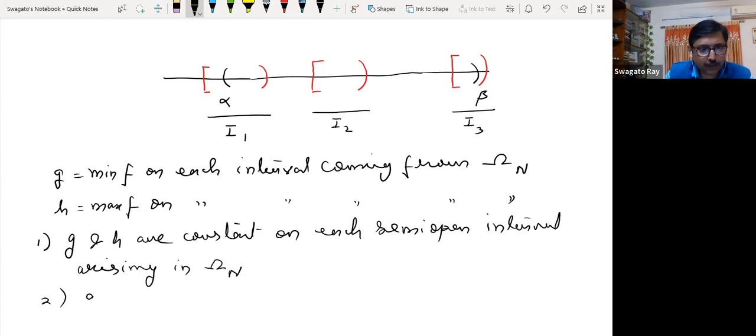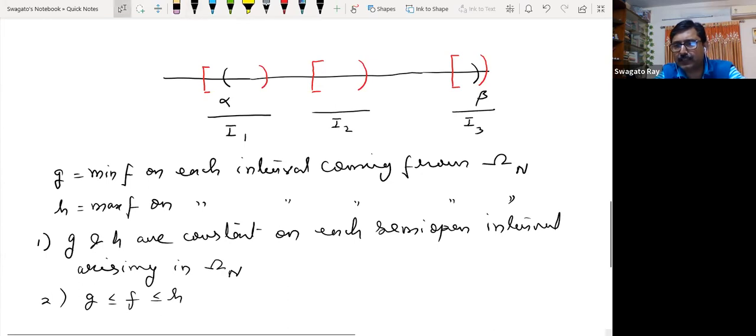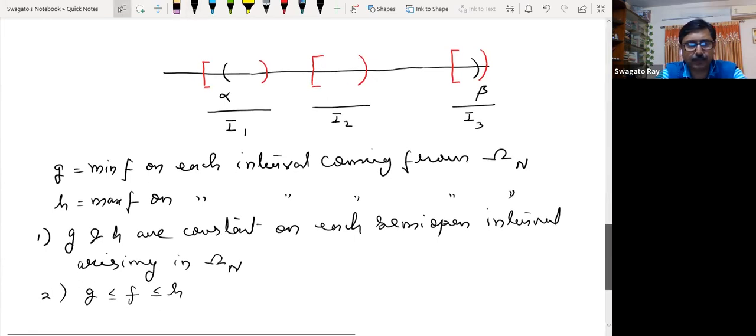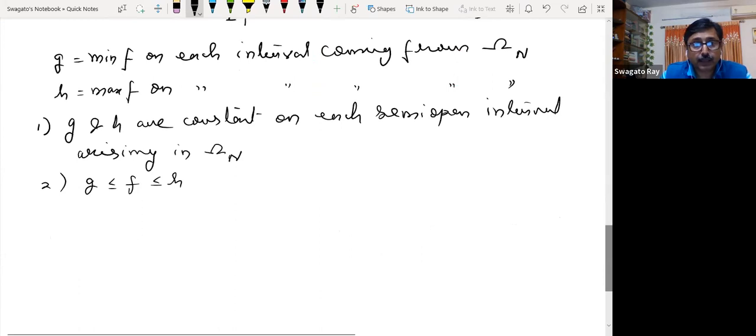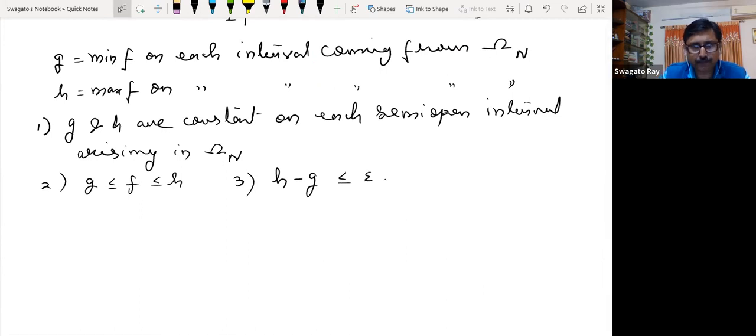Number 2, G is lesser equals to F, lesser equals to H, because I looked at the maximum and minimum. There is no surprise here. Number 3, and that's important, H minus G is always lesser equals to epsilon. That is because of the uniform continuity, that fx minus fy is always less than epsilon. And number 4, that's important, G and H are supported